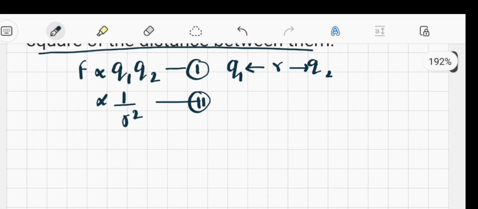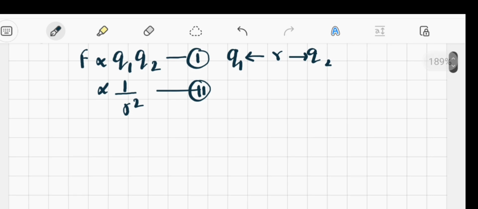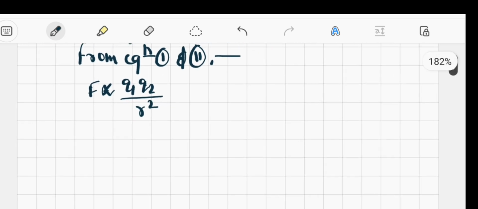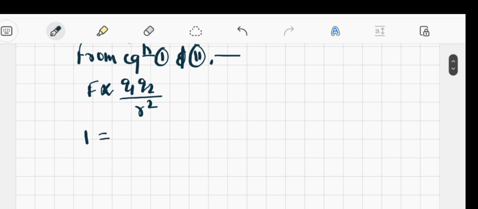When we combine both these equations, from equation 1 and 2, we get that the electrostatic force of attraction between two point charges is proportional to q1 q2, that is the product of the magnitudes of the charges, divided by r square. If we remove this proportionality sign, we can write it as F equals K, a proportionality constant, q1 q2